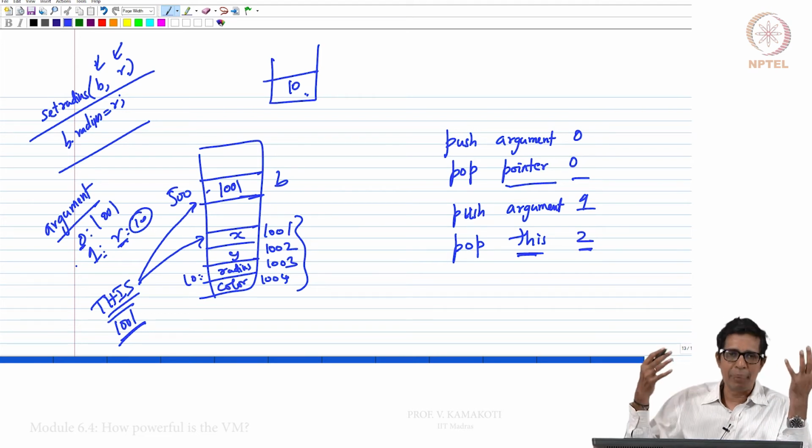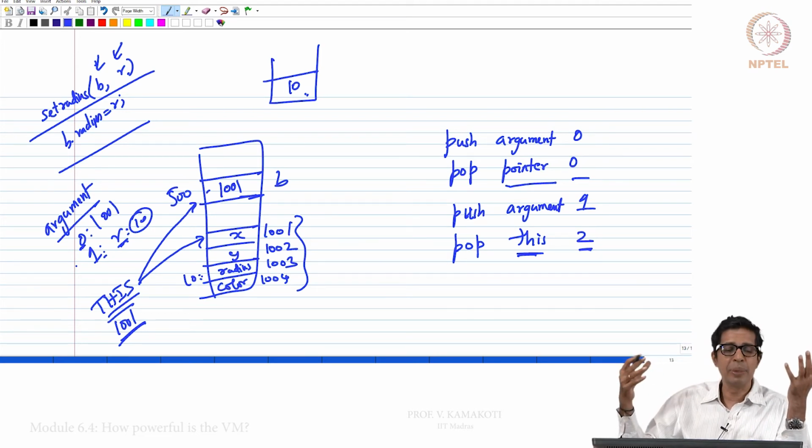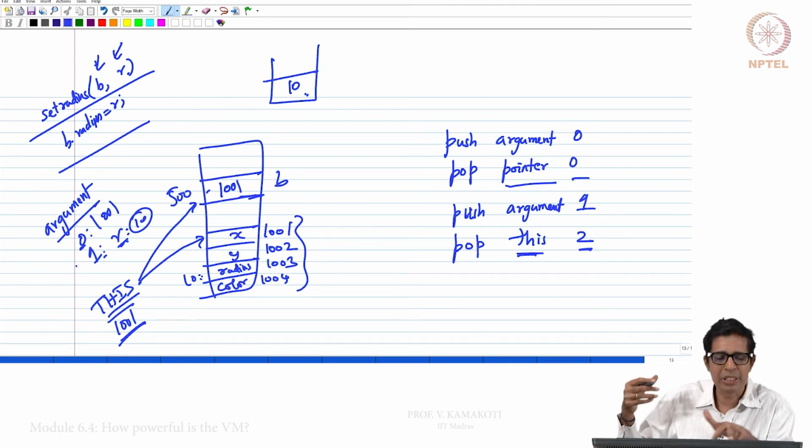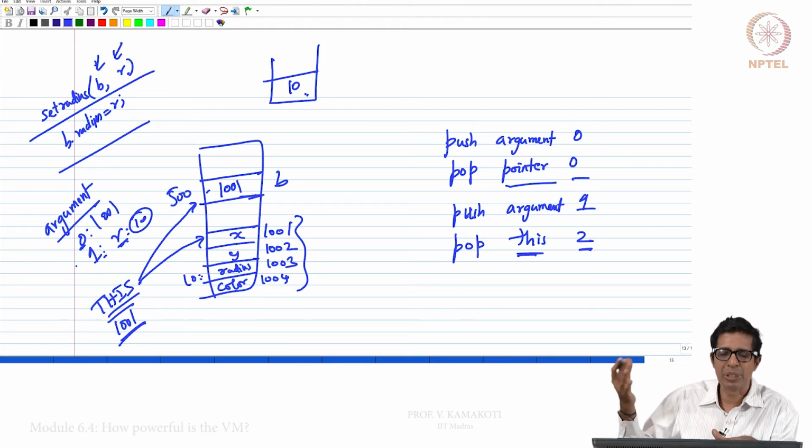So essentially I am having two arguments B and R. B is nothing but the base address of the structure which stores the details about the ball. R is an integer which is the radius. So the base address of the structure which stores the details of the ball, in this case 1001, is stored in argument segment 0, and argument segment 1, which is the first argument, will store this 10.